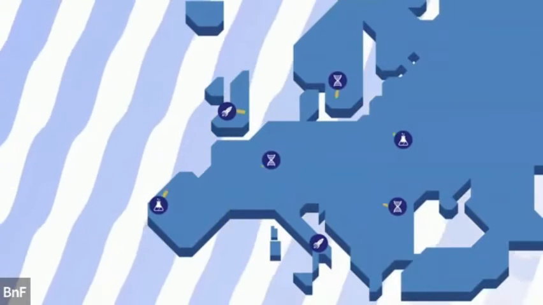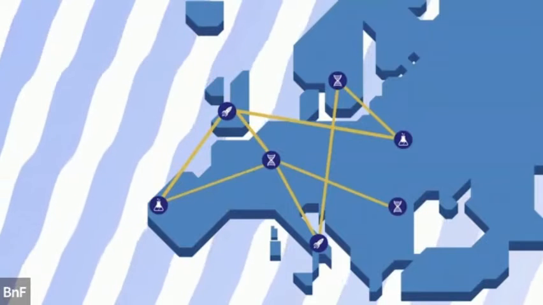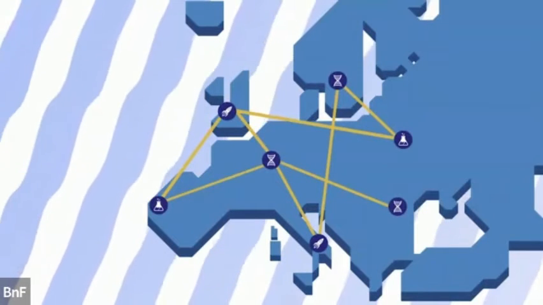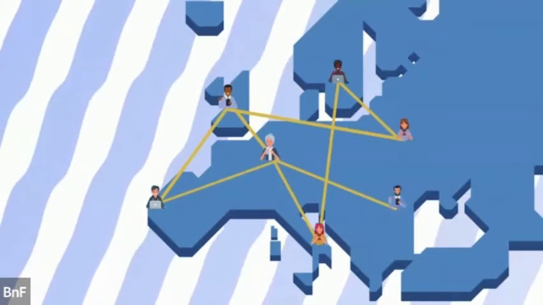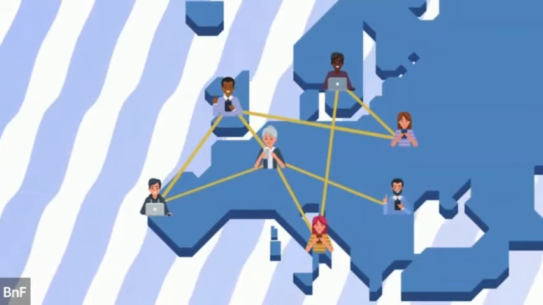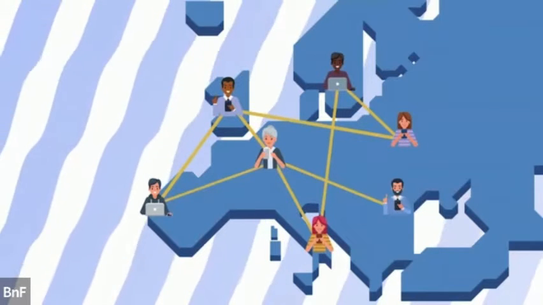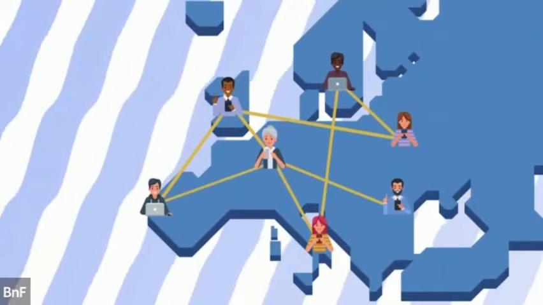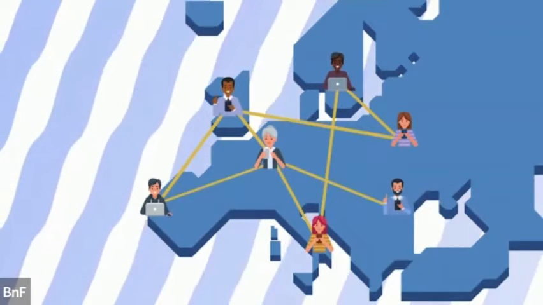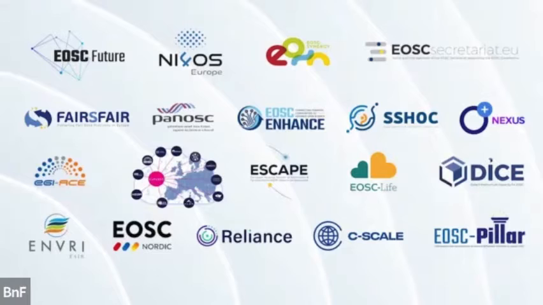EOSC aims to make it easier to find, access, and reuse research data, tools and services by connecting digital infrastructures to provide seamless access to research data and services for the scientific community. This goal will ultimately be achieved by providing an environment where European researchers from different scientific disciplines and countries can work together more efficiently. This web of research data and services will make research more innovative and impactful. This rich ecosystem is being implemented through several projects funded by the European Commission, which work together for the common goal of getting EOSC ready to foster fairness of data and services.